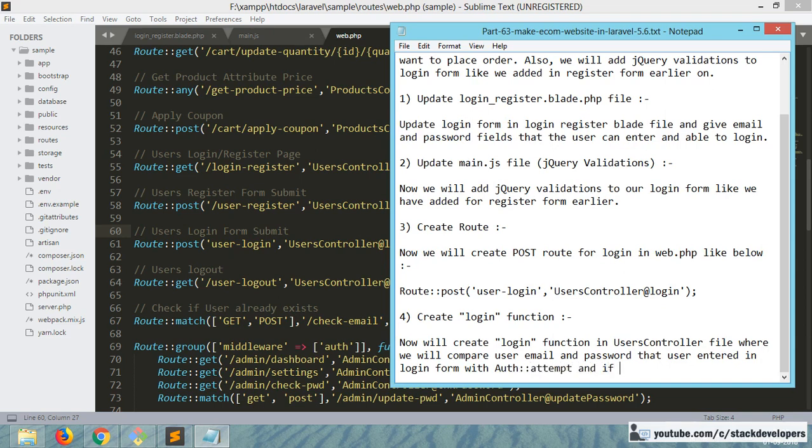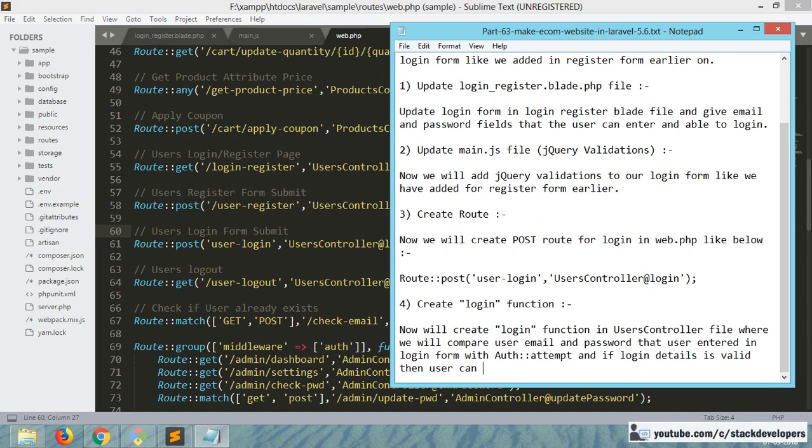If the login details are valid, then the user can be redirected to the card page, or you can even redirect the user to the home page. Otherwise,